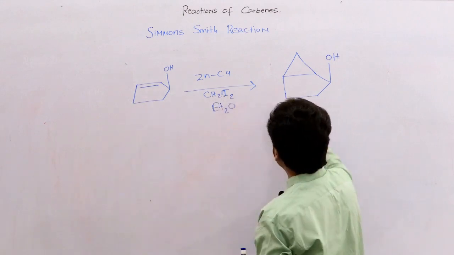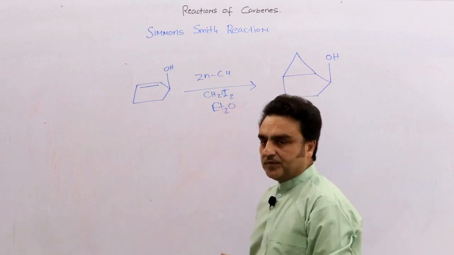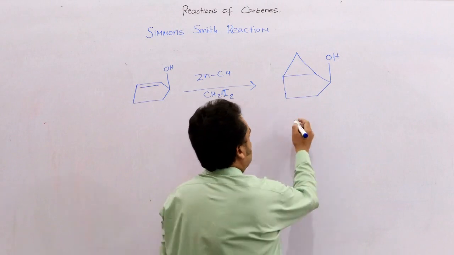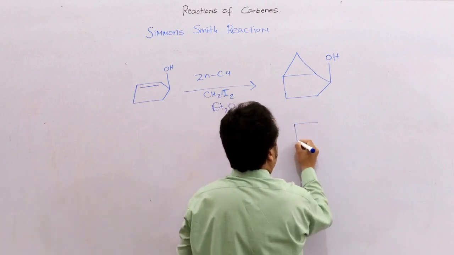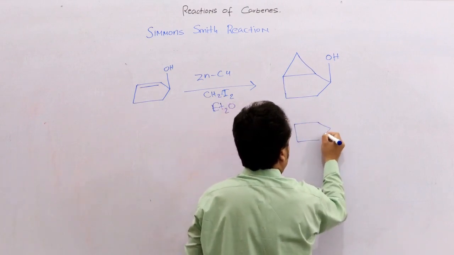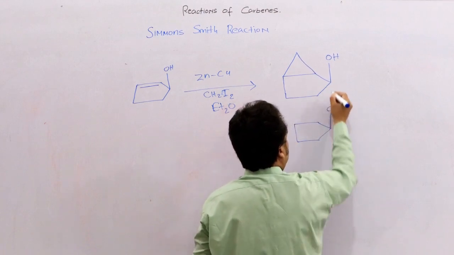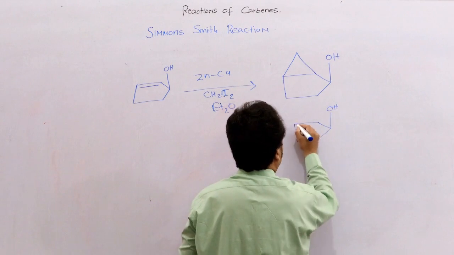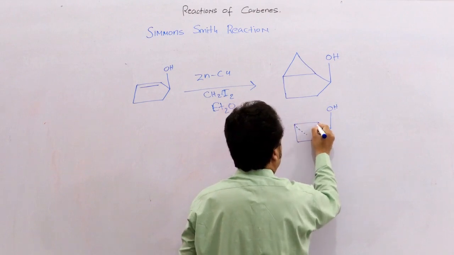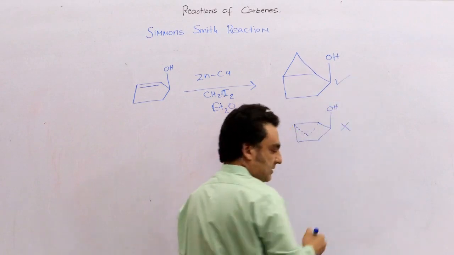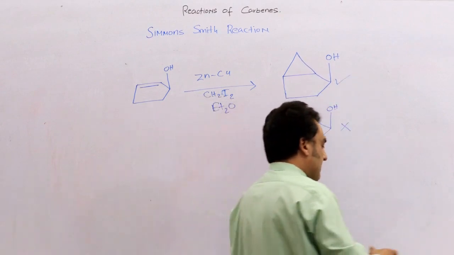Okay, this is our cyclopentane, and this product is produced above it. No product like this was produced. This was the exclusive product, which is now down. So this product was not produced, and only this product was produced. So